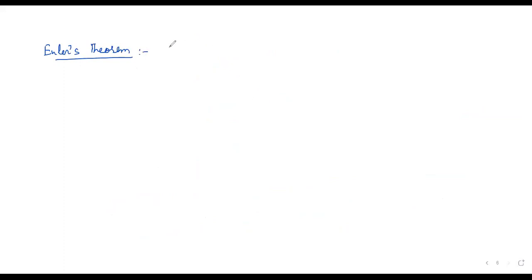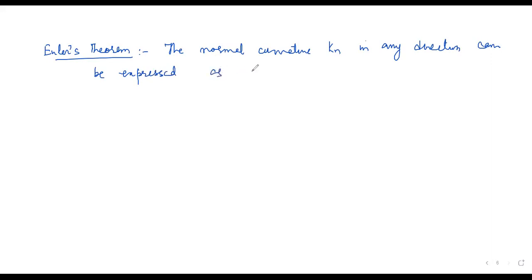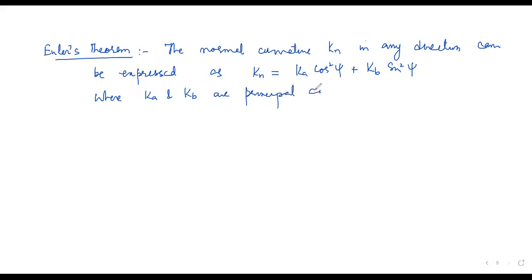So this is called normal curvature. Its statement is: k sub n in any direction can be expressed as k sub n is equal to k sub a cos square psi plus k sub b sine square psi, where Ka and Kb are principal curvatures at that point,